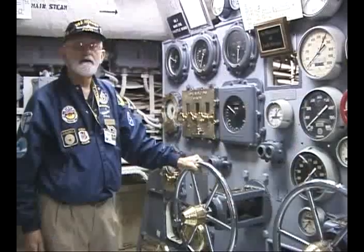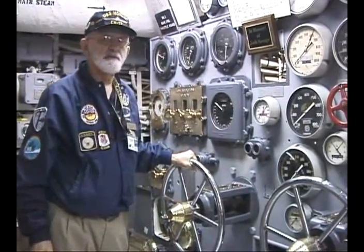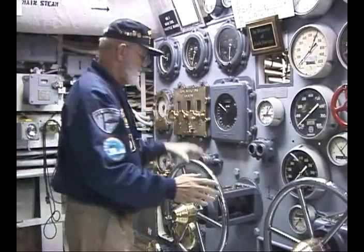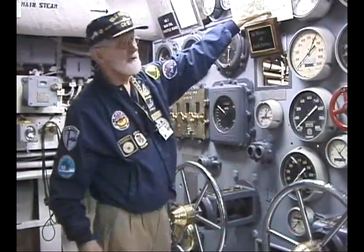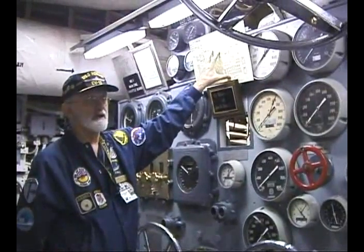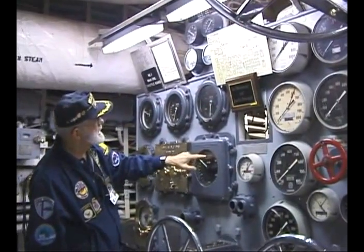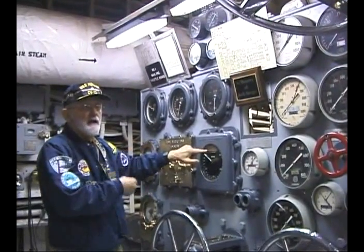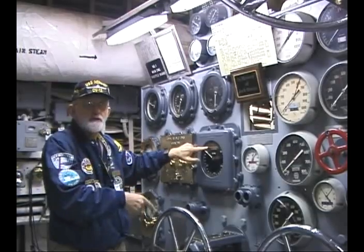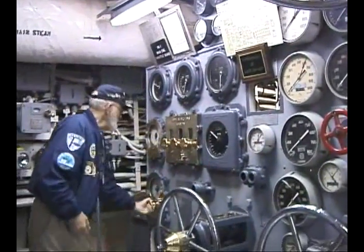Now the throttleman, when that bell rings, we expect him to perform a minor miracle. The bell rings, he's supposed to look up here and see what time it is. The clock disappeared about 30 years ago, but that's where the clock used to be. He's supposed to look at that, remember that. There's a counter here that counts every time the shaft turns. So he's supposed to look at that counter, remember that, operate this,